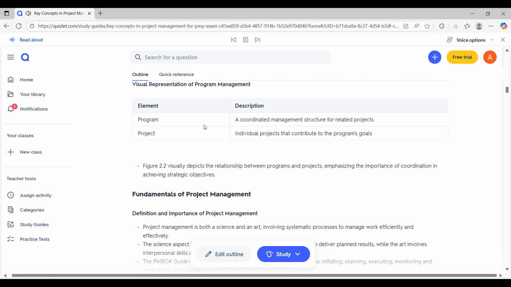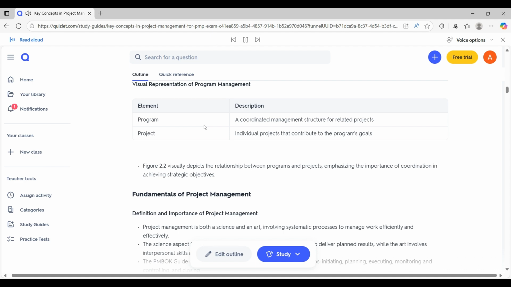Fundamentals of project management. Definition and importance of project management. Project management is both a science and an art, involving systematic processes to manage work efficiently and effectively. The science aspect focuses on using appropriate processes and tools to deliver planned results, while the art involves interpersonal skills